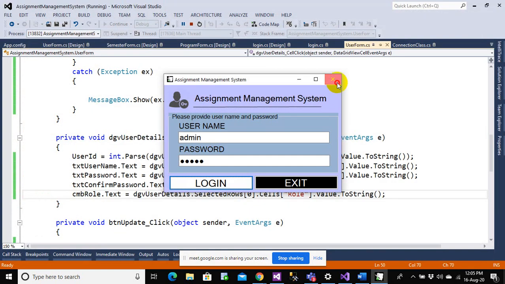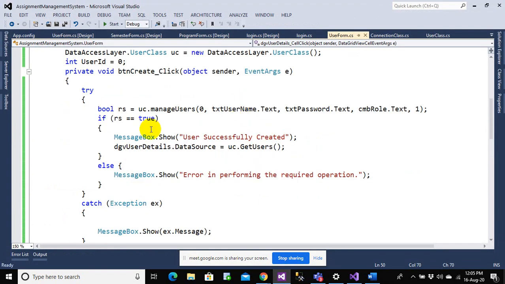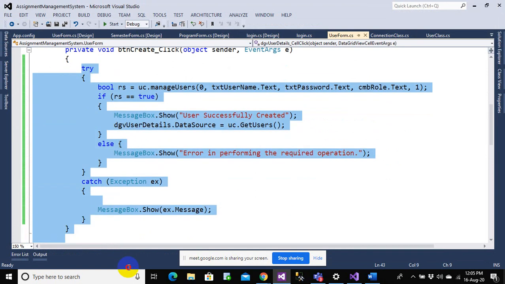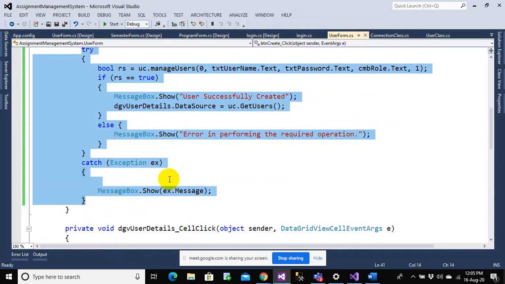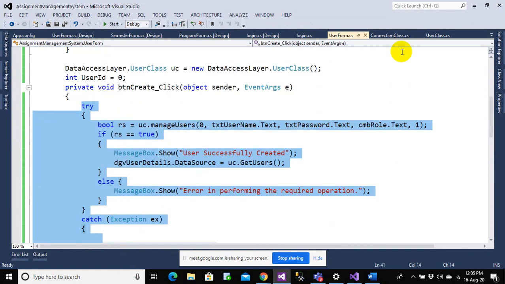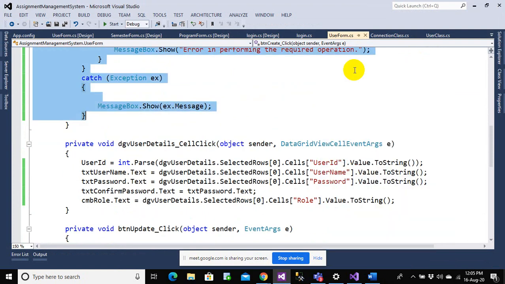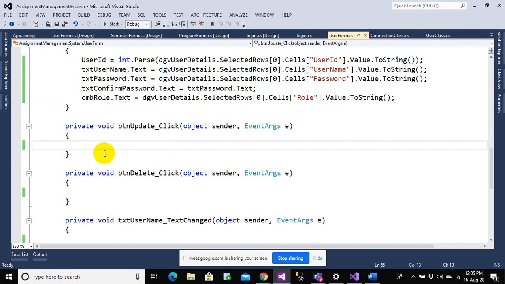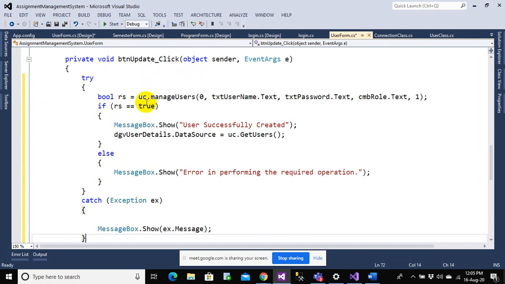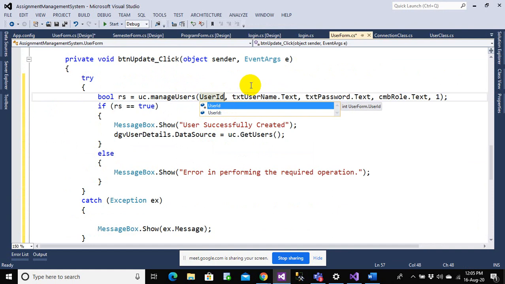Let's write the logic for the update operation. It's very simple. For update, let me copy this code from the insert operation. I am just copying this code, and only one thing will change: the username and the ID. That's it. So let us click on this update button and paste that code here. Mode 0 means insert; for update you need to provide a user ID, which user you want to update. That's why there will be 2.